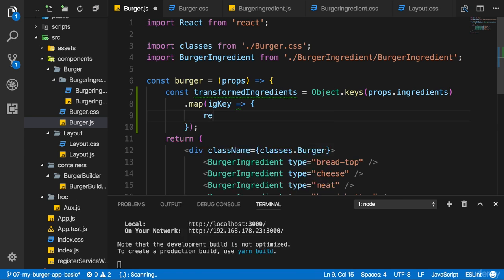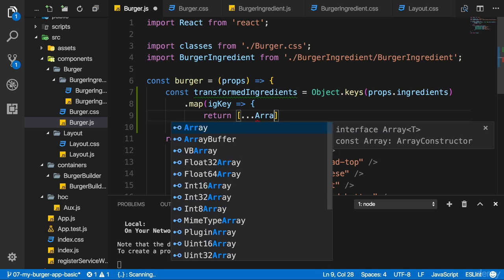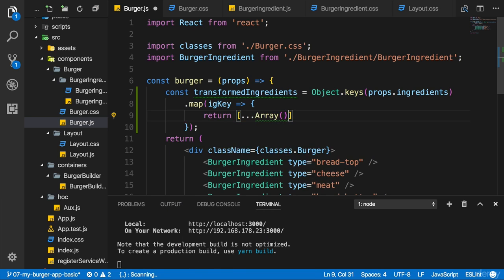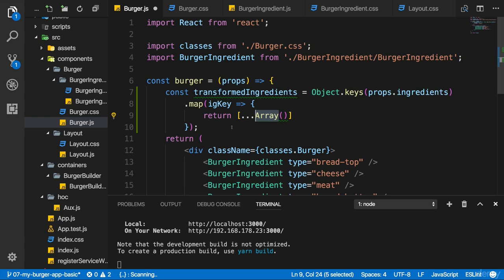So I will return an array here, and I will actually use the spread operator to spread a new array I have to construct, and I will construct it with the Array method here provided by JavaScript again. That's not a React method or a React object. It's a default JavaScript object. You might not know it because you don't use it that often, but you can create an array with it. For example, Array(3) will give you an array with three empty spaces, basically,